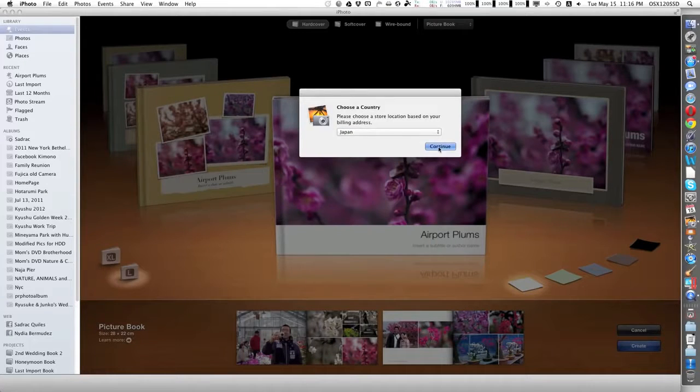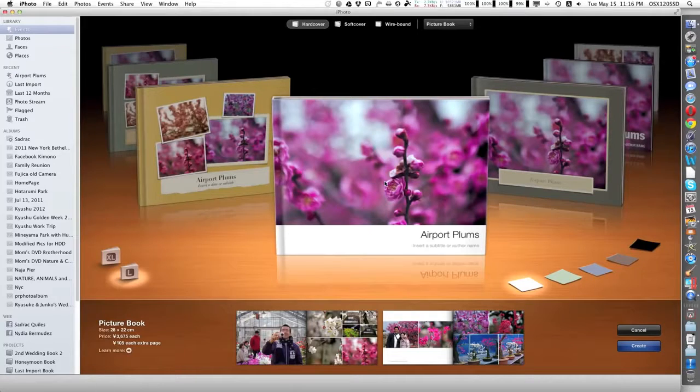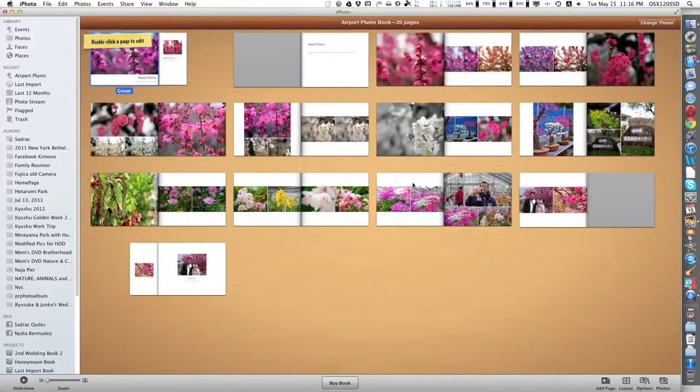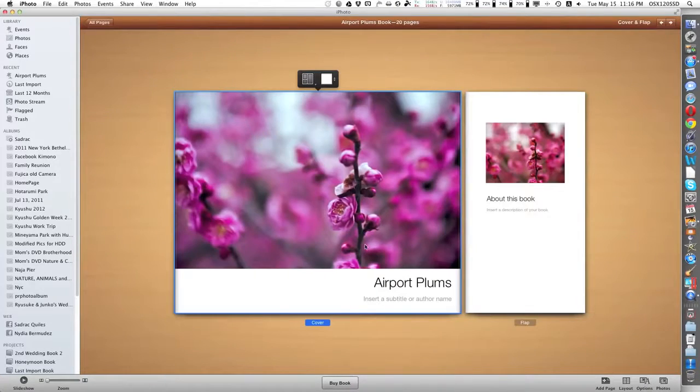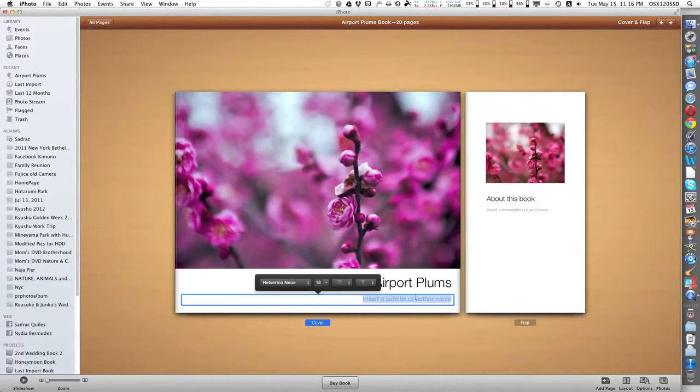selection here for designing your own book, and you just have it make the layout and then have it printed and delivered right to your home. And I have to say the quality of the prints was fantastic, amazing. Even the people that I gave the books to were surprised at the quality of the print, and